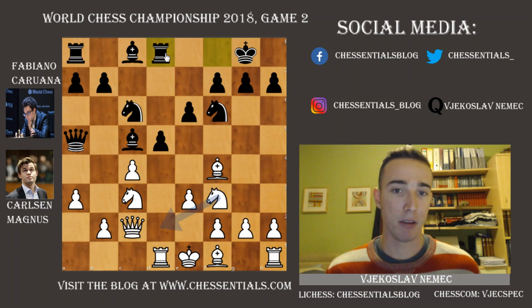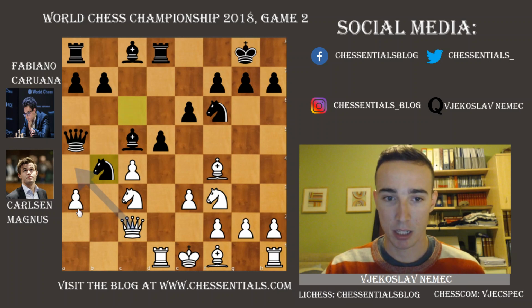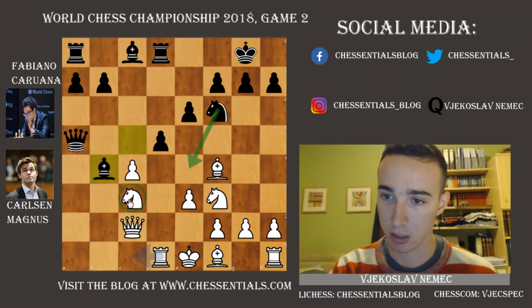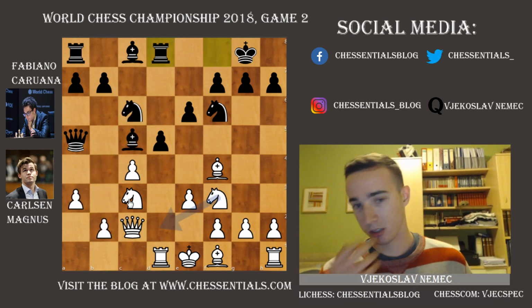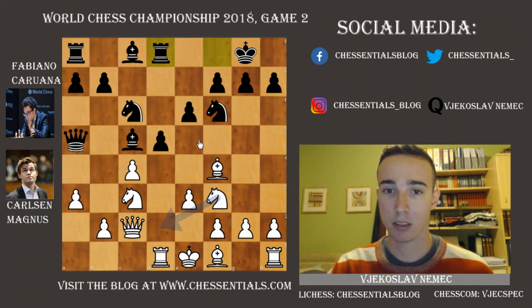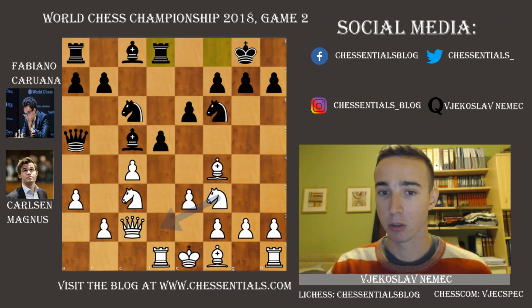It turns out that b4 is not a threat, of course, because if white plays b4, black will simply take, and with the knight e4 coming, he will lose this knight, and with it the game. So he doesn't need to move the bishop immediately. But yeah, rook d8 kind of bolsters the d5 pawn and also puts the rook in the opposition